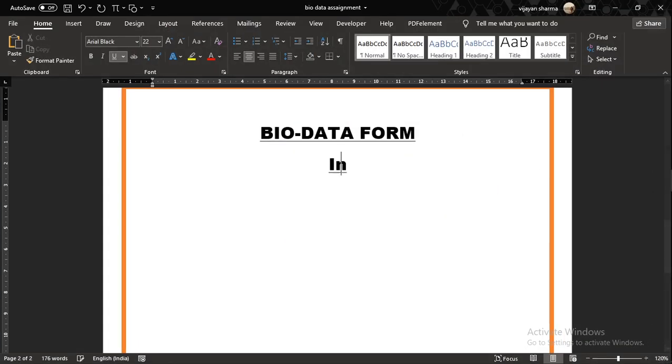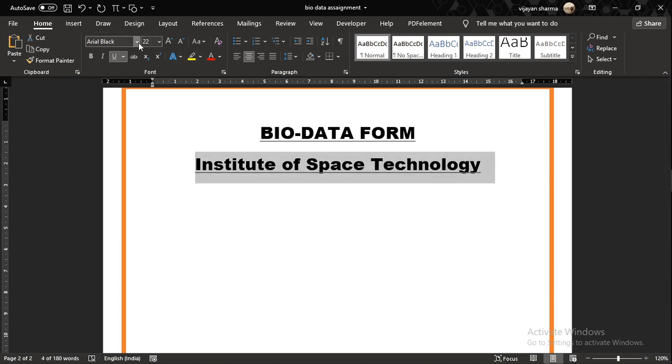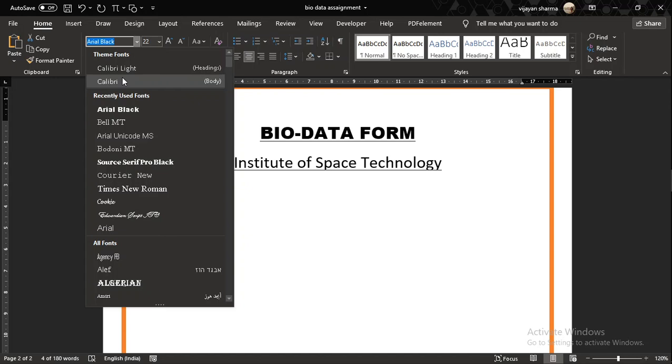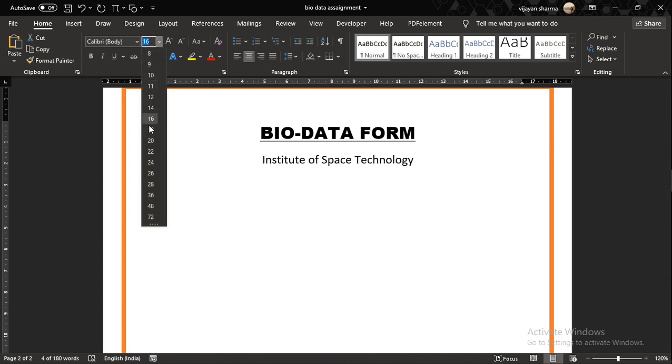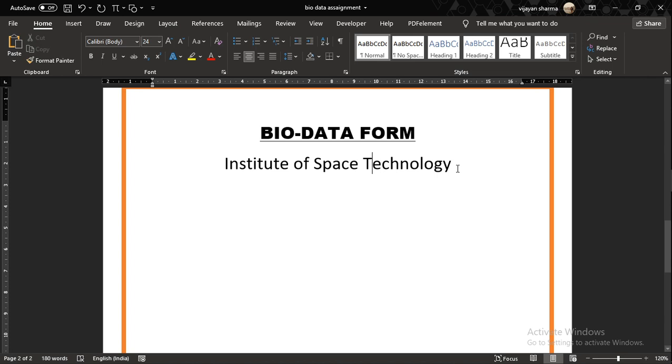This is in Calibri, sorry, the font is Calibri, and the underline is not there, and the font size is 24. So the next line is written application form.